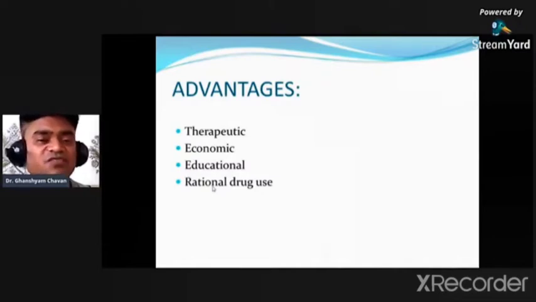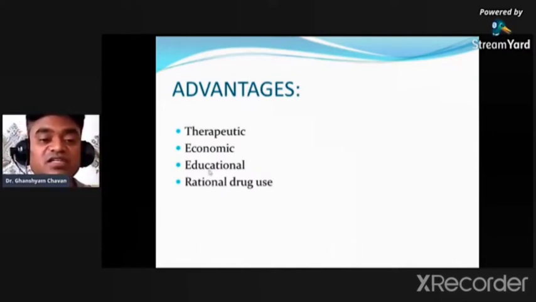And nowadays it has become a fashion to give a vast list of drugs to any patient, and only some drugs are required for the typical treatment for that patient. Sometimes it may become problematic, because if you are giving a number of drugs at one time, definitely it will produce drug interaction, and it is one of the causes of death. Out of 10, one person is dying due to drug interaction nowadays during treatment.